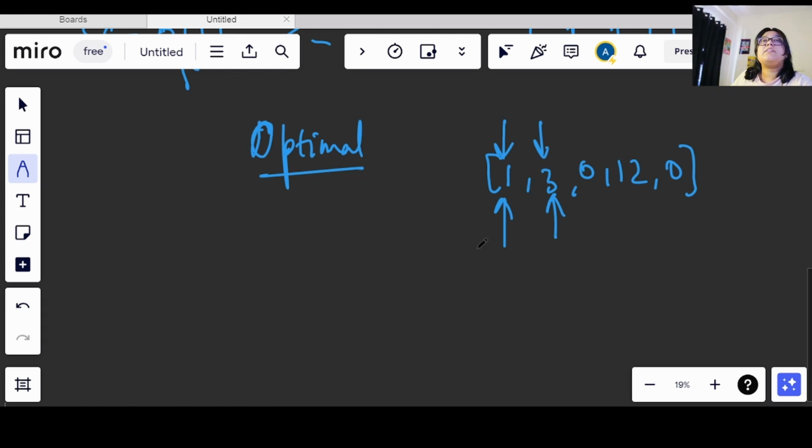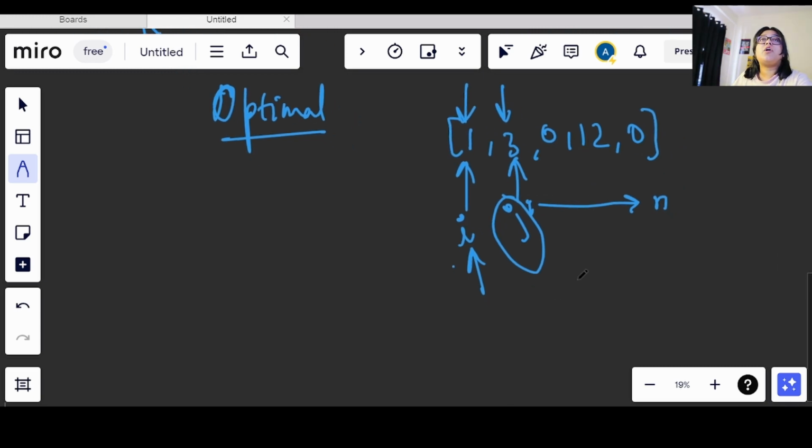So let's take two variables, or we can say two pointers. When I see that it is on a non-zero value, I will move forward, and this j will be like an iterator. We will start from the first index and go till less than n. J will be moving forward every time, and this i will only move forward if we are seeing a non-zero value. So what will happen here is, let's say now I have 1 and my i pointer was on 1 only, so it is a non-zero value.